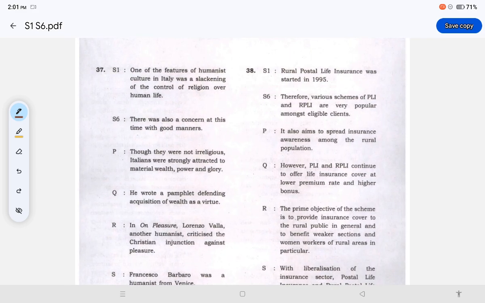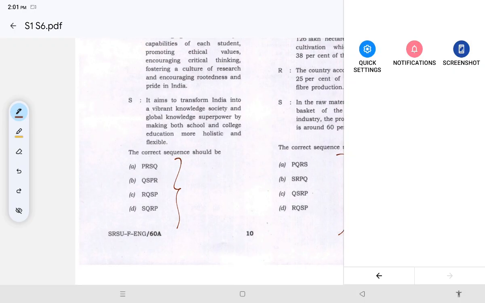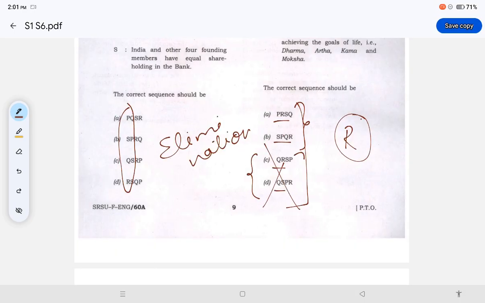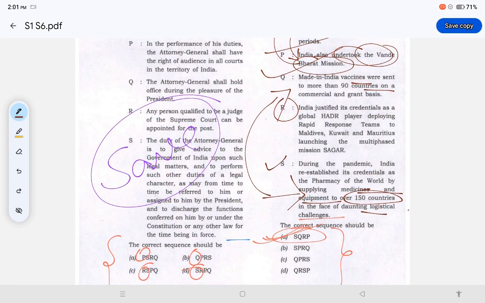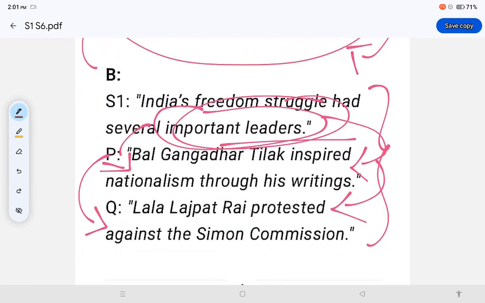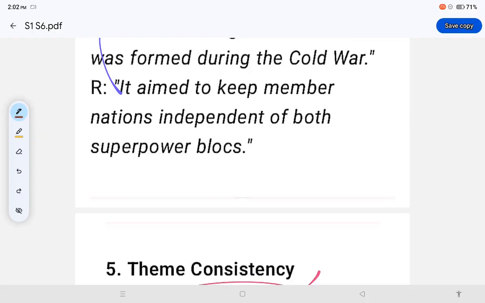So you need to look into all of the things, how things are turning out. That's really important. And I'm not solving all the rest of the questions because it would take up a long time. But I hope you have understood the different points that I was trying to explain to you, and you have understood how we can solve